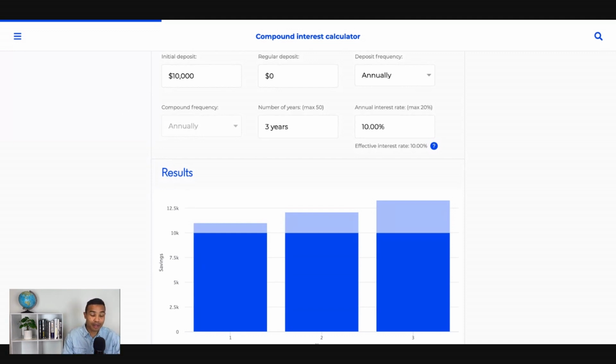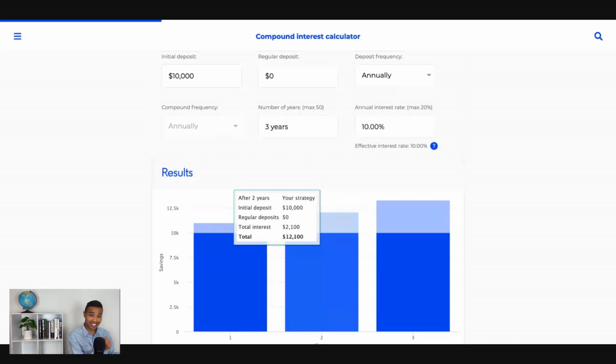However, if you think about it from a compound interest type of mindset, you will see that in each year, the $1,000 is not taken out, but it's reinvested. And you'll see how compound interest works here. In that first year, you get 10% of $10,000. That's $11,000. It's the same as a simple interest type of mechanic. But in the second year is where it starts to get interesting. Here you see in the second year, you get 10% of that $11,000. So you're not getting 10% of the $10,000. It's the $11,000, which has been added to it, which ends up being $1,100. And in that second year, instead of $12,000, you've got